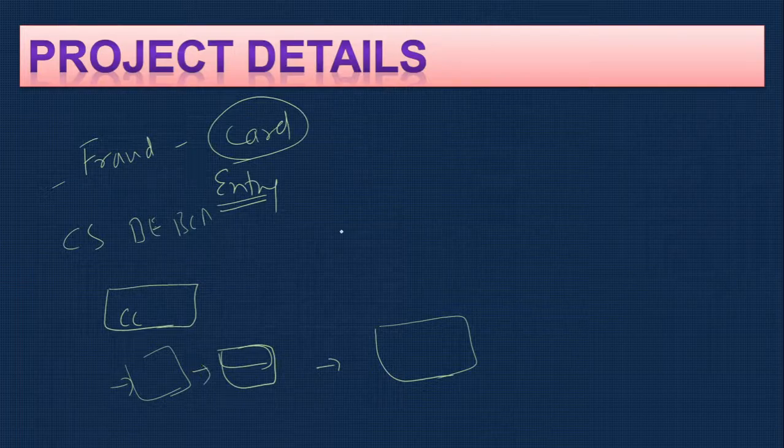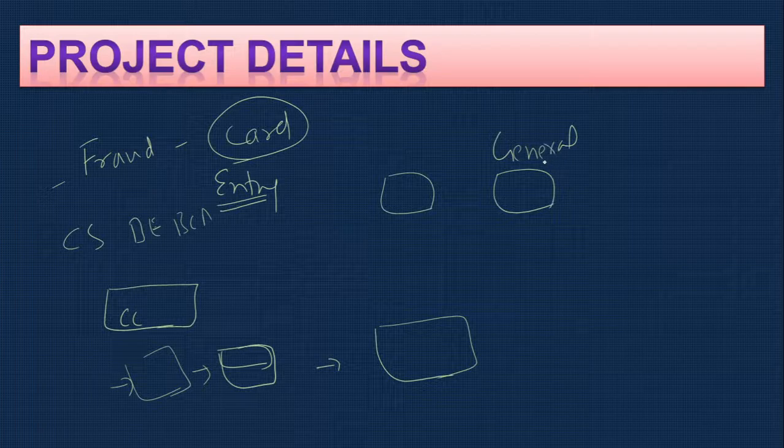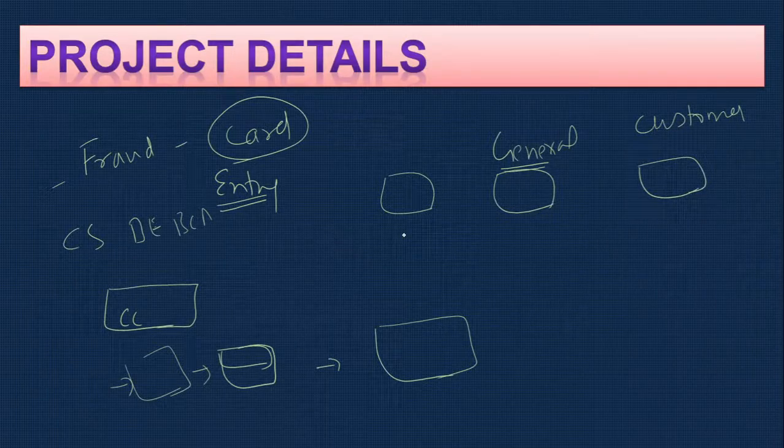Therefore, as a project you need to cover all the areas. One is the admin side, and the general transaction side. General transaction means how one can commit a fraud. That kind of transaction we also need to provide here. And on the customer side, the customer should know when someone is trying to log in using his card. If there are such activities, then we can report to the admin.